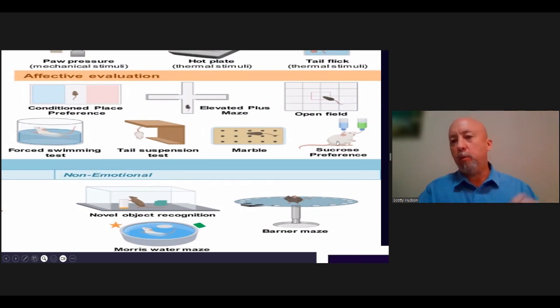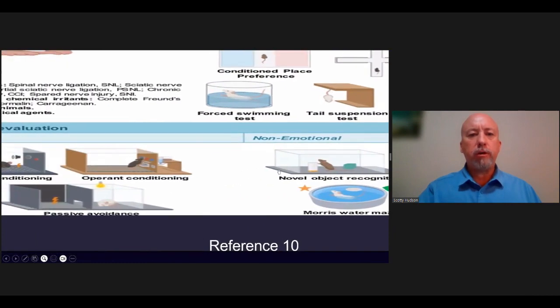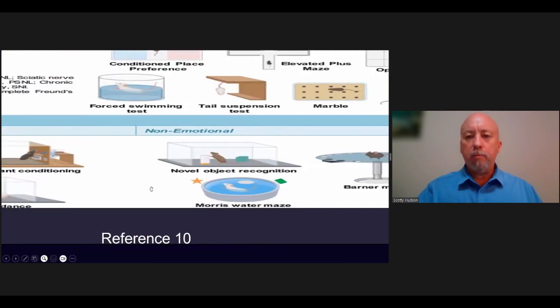Sucrose preference: do they want to drink sugar water or not? That's a common one with depression, where if you're in a severe depressive state, you have what they call anhedonia, right? No ability to feel pleasure or no desire even for pleasure. And so they won't even bother to drink the sugar water. And then down at the bottom, they've got what they call cognitive evaluation, and how it's affecting their thinking, in little tests that they'll run,